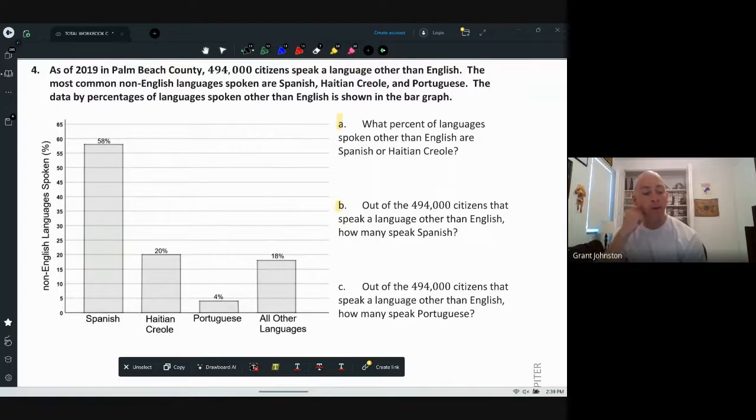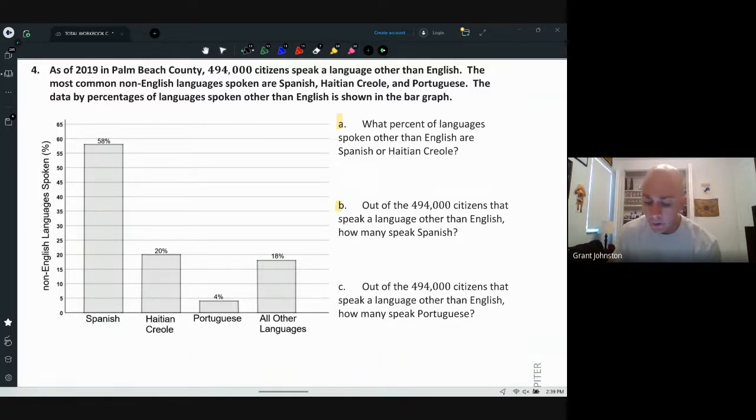So number 4 says, as of 2019 in Palm Beach County, 494,000 citizens speak a language other than English. The most common non-English languages spoken are Spanish, Haitian Creole, and Portuguese. The data by percentages of languages spoken other than English is shown in the bar graph. So it's giving us the percentage of each of those